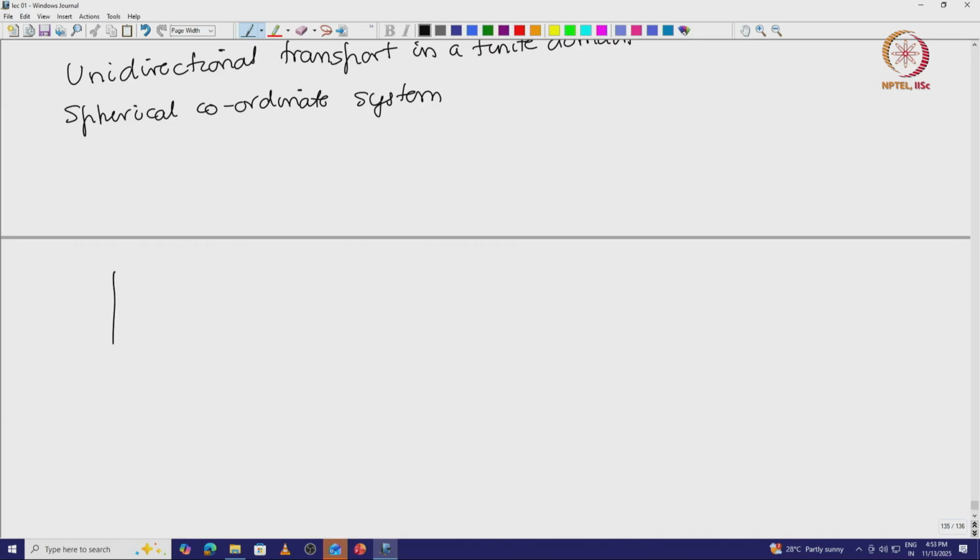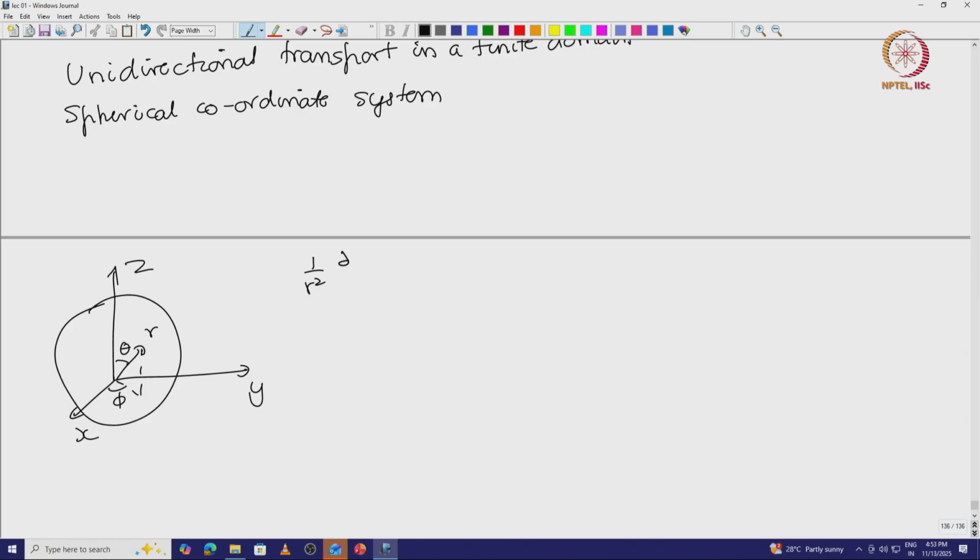In a spherical coordinate system, if it is spherically symmetric, you have a sphere, r is the radial coordinate, the distance from the origin, theta is the azimuthal angle, and phi is the meridional angle. So, the problem we will consider, for a steady solution, for example, the differential equation is